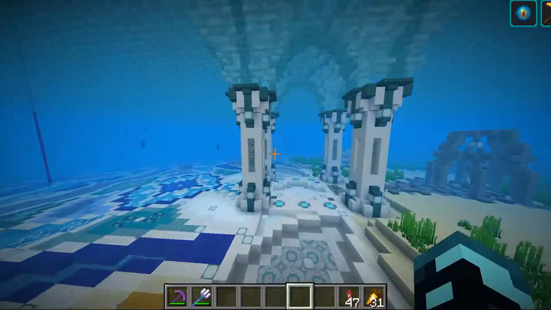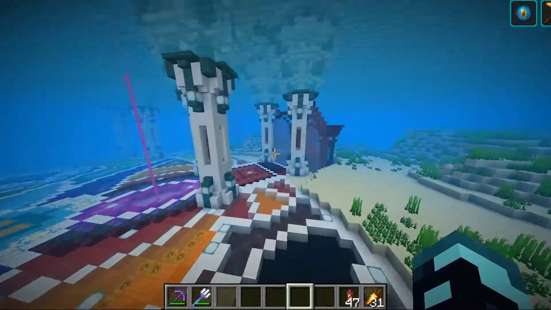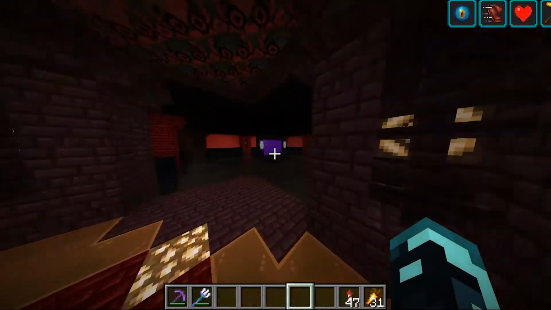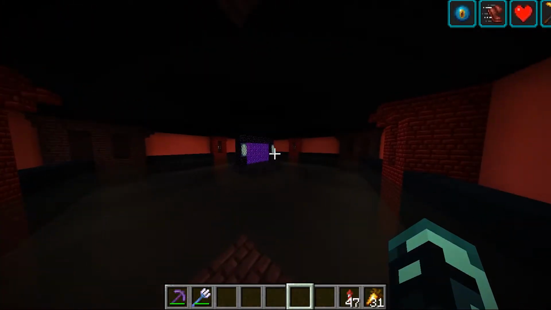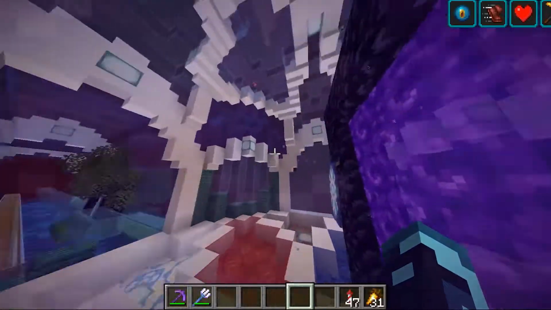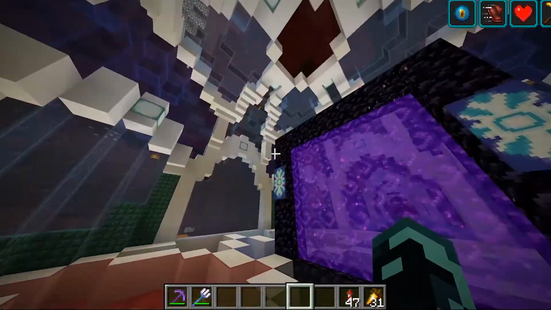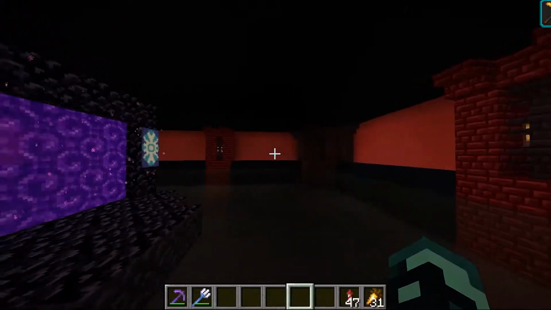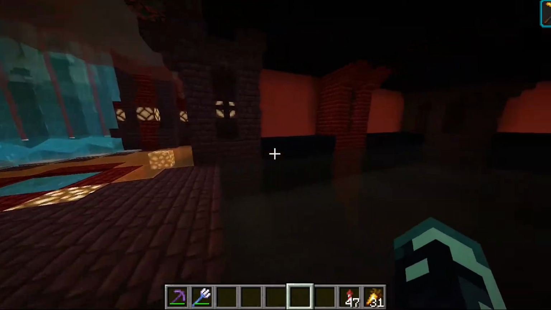Then we have the red section, which is my nether portal. This will connect to the arch. I will show you. This will connect to this here. So that's my starter island, and this is the portal of my base. So in here, with a bit of a dark room,